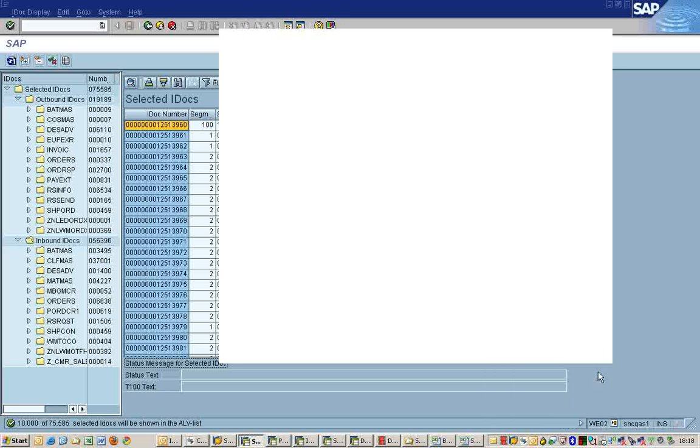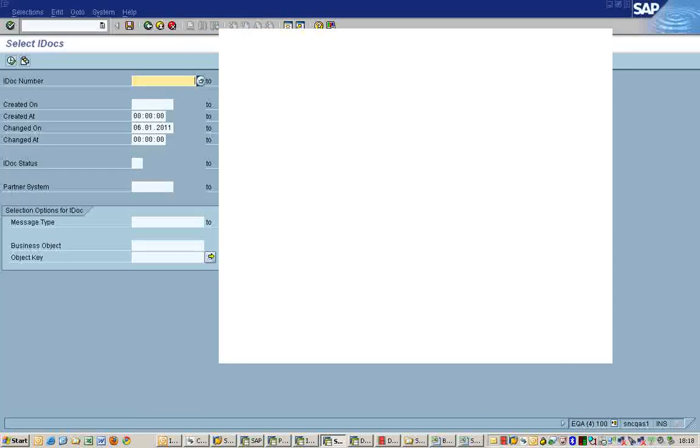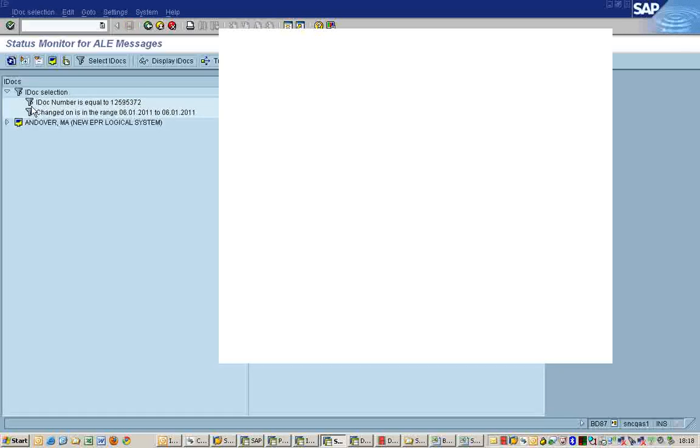WE02 is to see all the records, and BD87 is for testing. You can reprocess an IDOC here. You can just execute that IDOC, select that IDOC and process it again.